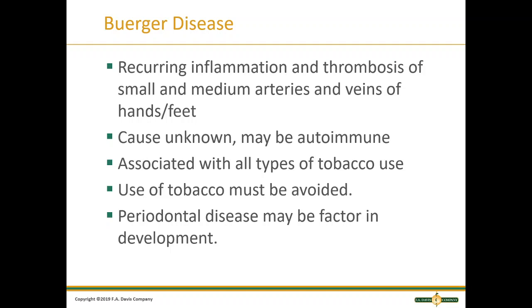Buerger's disease, I told you that you do need to review Buerger's disease. It's a reoccurring inflammation and thrombosis of the small and medium arteries and veins of the hands and feet. We don't know the cause. It's part of the autoimmune family, they believe, often associated with, similar to,